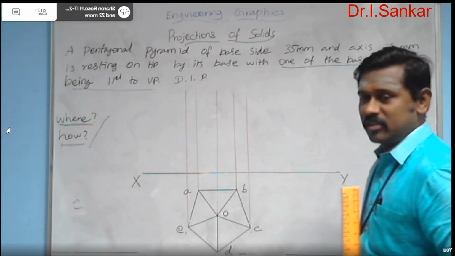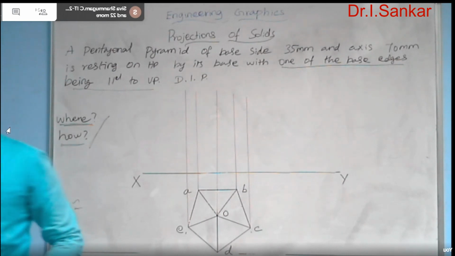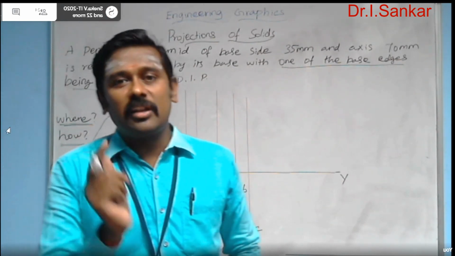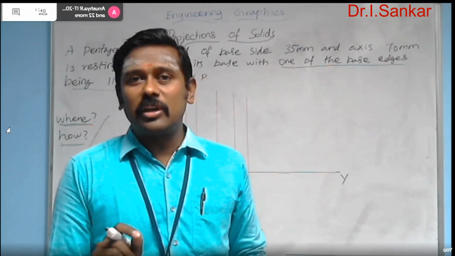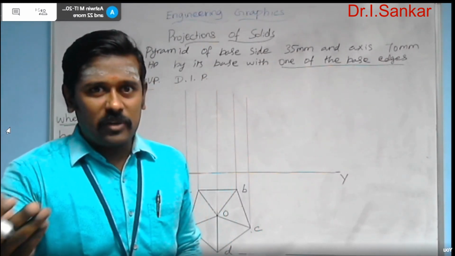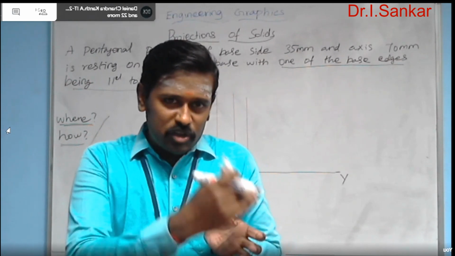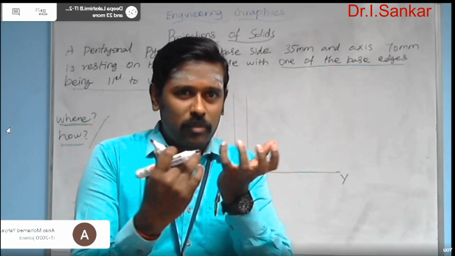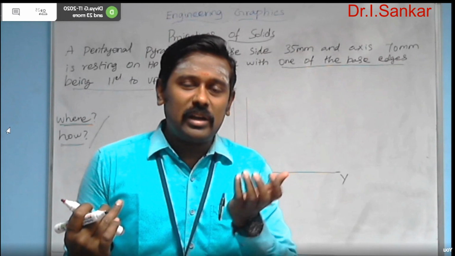I just run the projectors towards the front view area. Now you need to mark all the corners in the front view. See here, the base pentagonal surface of this pentagonal pyramid will be looking like a straight line when you look at it from the front. Okay, when you look at it from the front, just consider it is a pentagonal plane. It's showing its original shape in the top view. When it is looked at from the front, it's showing its total body as a straight line only. So in the base itself, you can find all the base corners.